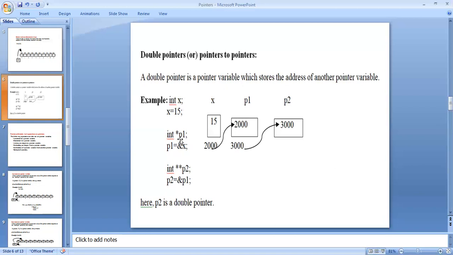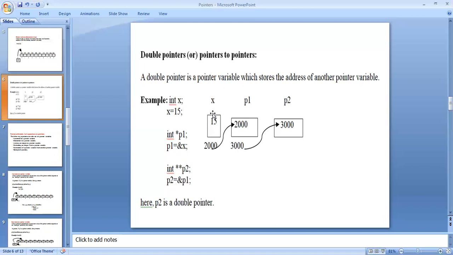When declaring a pointer in a program, we have to use the indirection operator. p1 equal to &x. When the x value is 15, the address of x is assigned to p1. Then int **p2 with a semicolon. p2 equal to &p1. The memory location of p1 will be stored in p2.